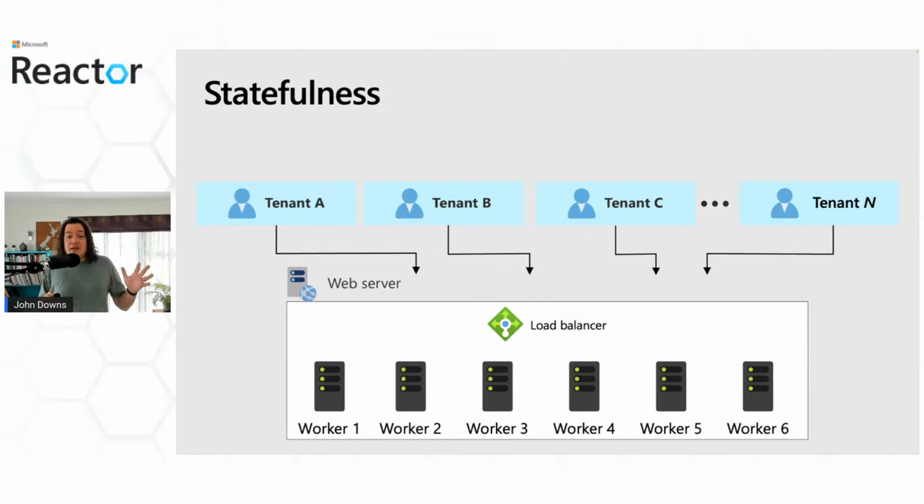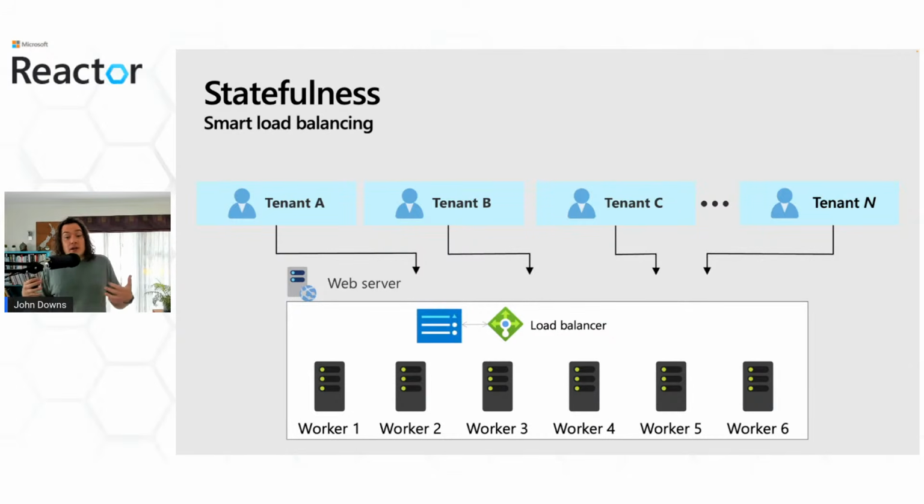So let's take an example request. Suppose tenant C, in this case here, sends a request to the web service, and the load balancer randomly selects worker 4 to process that request. Now, as part of serving that request, worker 4 can retrieve some of the data about tenancy from a database, say, and then save it into a local in-memory cache or onto disk or something else on that worker. When a different user from tenant C sends another request to the application, the request might go to a completely different worker. The load balancer doesn't know. So it reduces the benefit of caching the data.